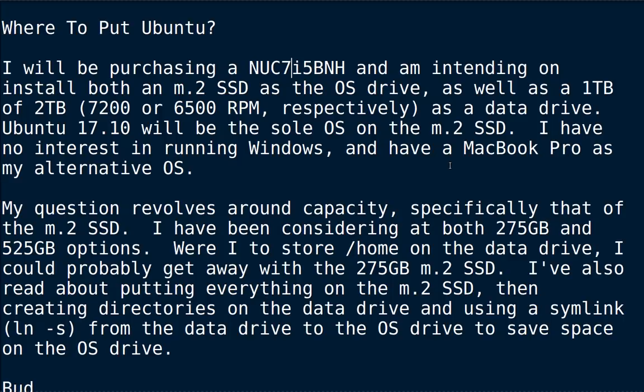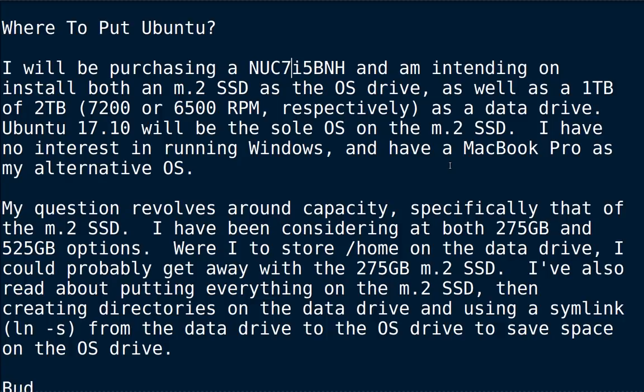So what I told him is that he could get away with getting a much smaller SSD. If you are going to just use an SSD to install the slash partition, the system, and then you're going to separate the home partition to another drive, that drive can be really small. 32 gigabytes would be more than enough, and 64 gigabytes would almost be overkill. I think that what he ended up buying was 128 gigabytes for the system itself.